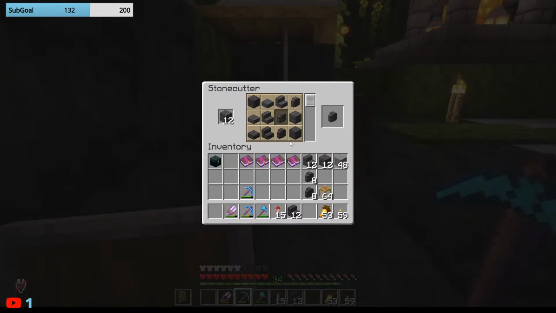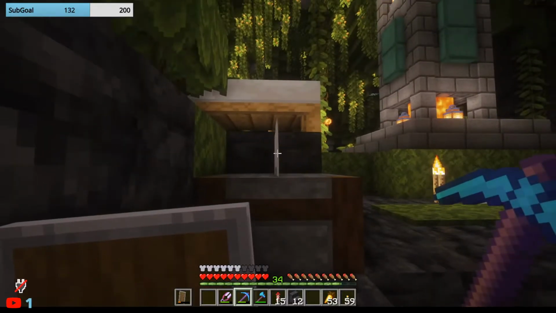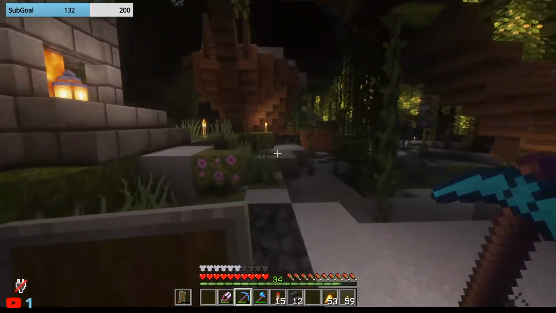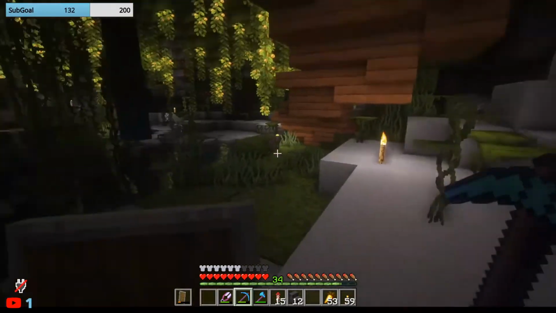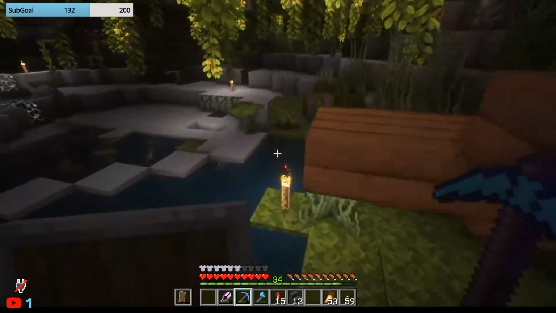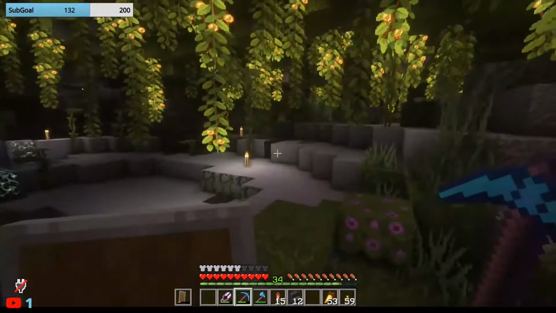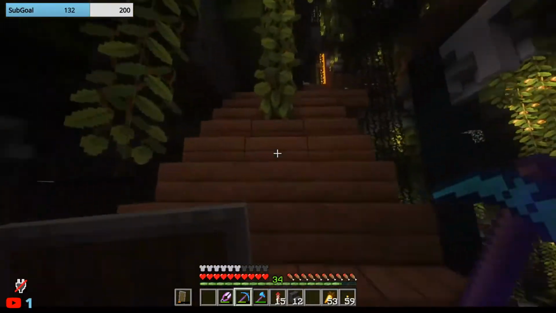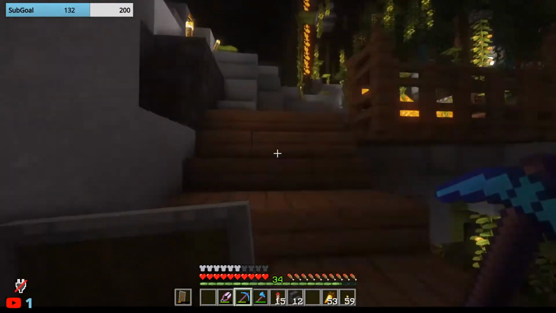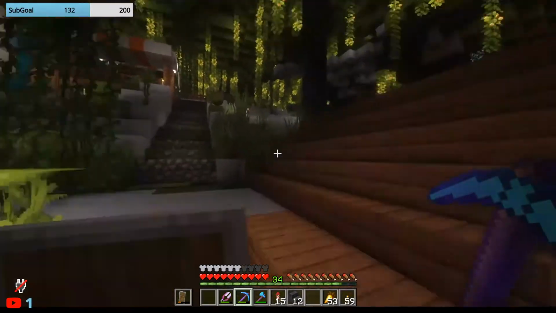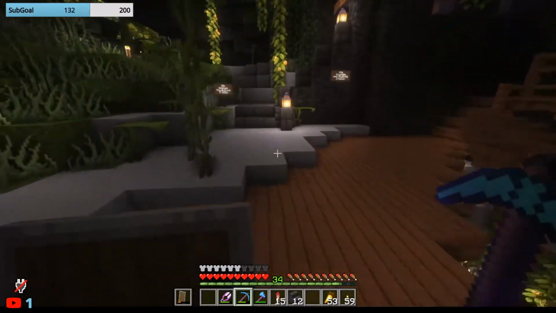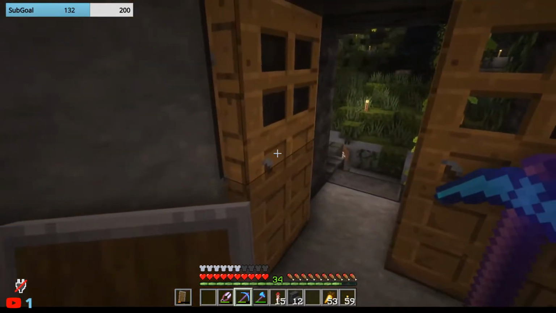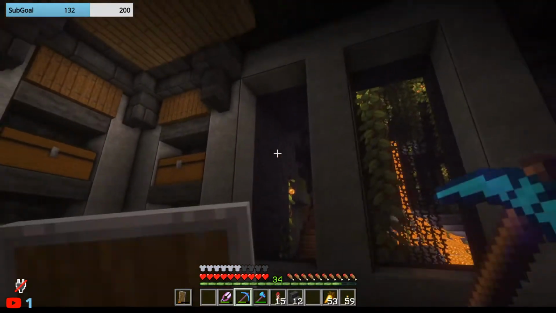I keep seeing stuff move out of the corner of my eye up here. There's something moving, but I think it's just that smoke or something coming from somewhere. Anyway, I apologize for this painful extra process. I don't know how to do set amounts. I've learned recently that there's different shift-click combinations you can use to clear chests and stuff. Like you can press a particular combination and clear all that particular item. I don't know how that would help me, but some of this stuff does work actually with the